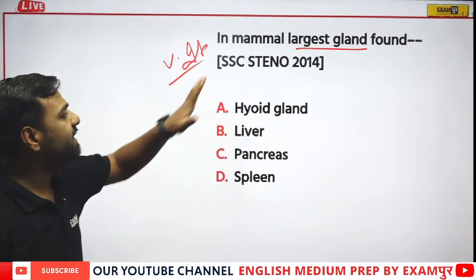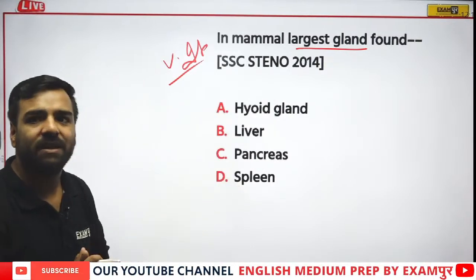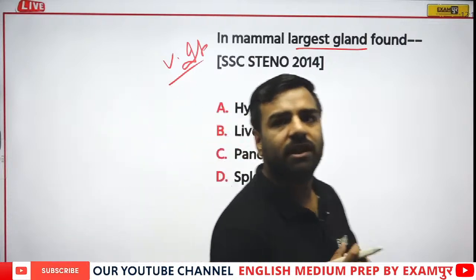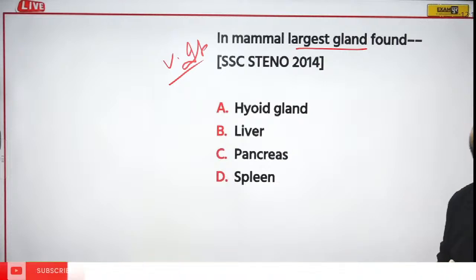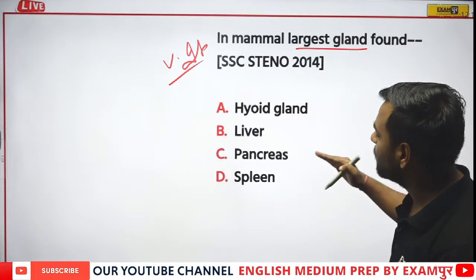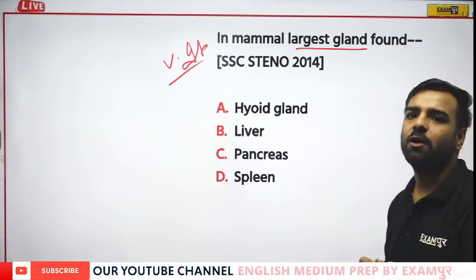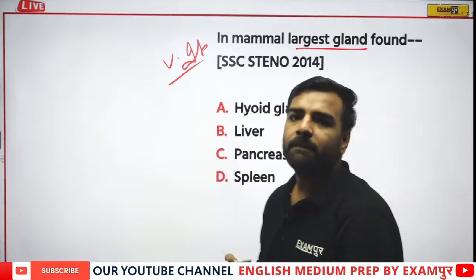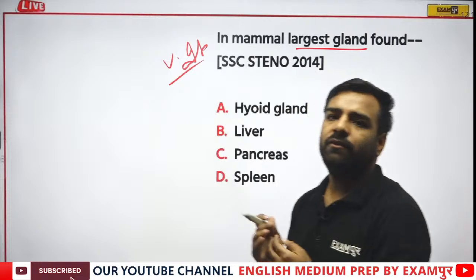Talking about the largest gland. So is it thyroid? Is it liver? Is it pancreas? Or is it spleen? So what is the correct answer over here? Which one is the largest gland? So Momita is with liver. That is option number B. Okay. Others? Abhishek, can you answer this? Ishan, Udbhav, we have many candidates over here.